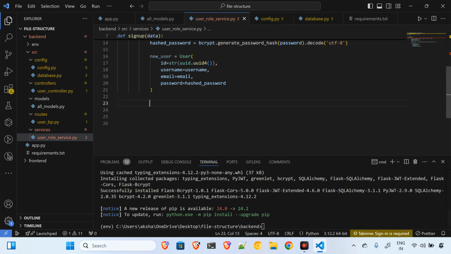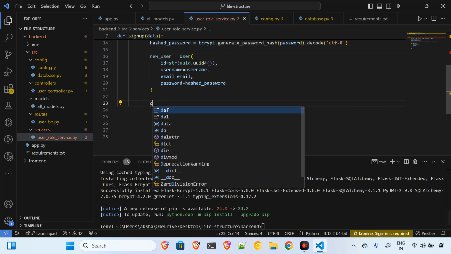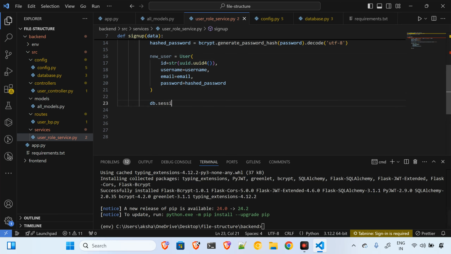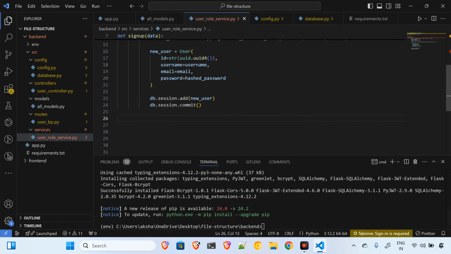So now when my new user instance has been created, I have to commit this. Okay, so I'll say db.session.commit. I'll be committing this change, but before committing I have to add it. Okay, so I'll say db.session.add, and I'll be adding this particular user. I'll add this user, and once I'm done adding, I'll be committing the change. I'll say db.session.commit, and now if this functionality has been successfully completed, then what I will do, I will